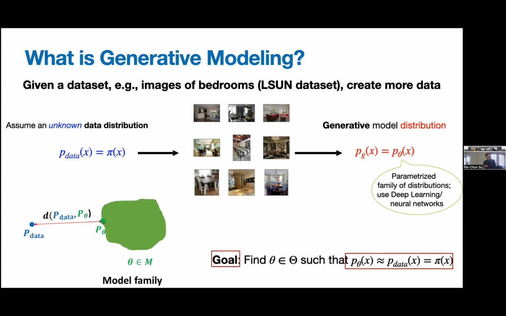Okay. So here is the target data distribution. Here is the family of distributions generated by your models. In order to capture or measure the discrepancy between the target data distribution and your generated data distribution, you need to come up with some notion of distance, or formally a probability divergence, that can compare the difference between two probability measures.